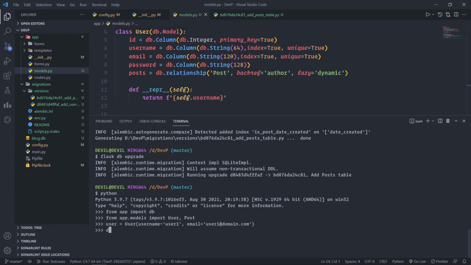So let us write db.session.add. We need to add that user, so added. And now we need to write db.session.commit, and committed.